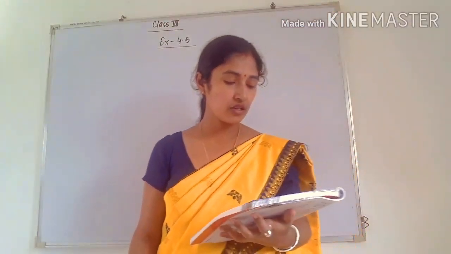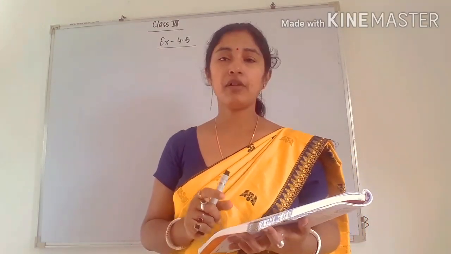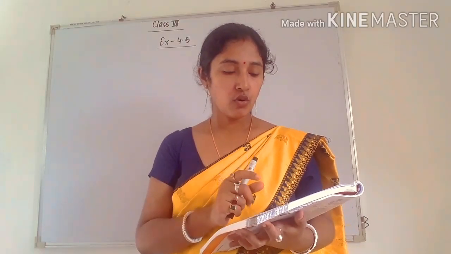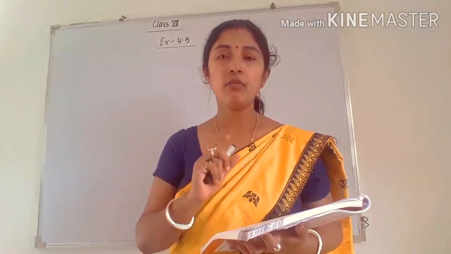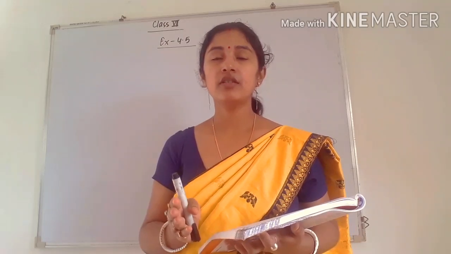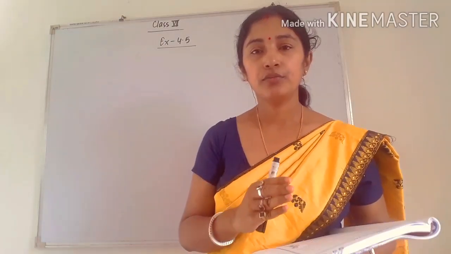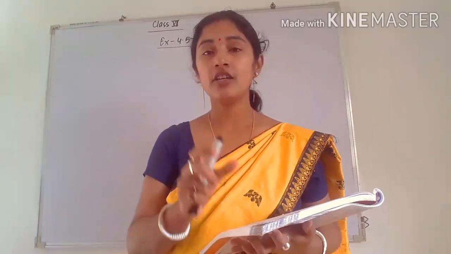Next is question number 6. Swami packed 288 oranges and 624 apples in boxes. Okay, so oranges and apples, these are the fruits which Swami packed in boxes. He packed oranges and apples in separate boxes. That means apples are packed in separate boxes, and oranges are packed in separate boxes. He put equal number of fruits in each box. That means each box contains equal number of fruits.